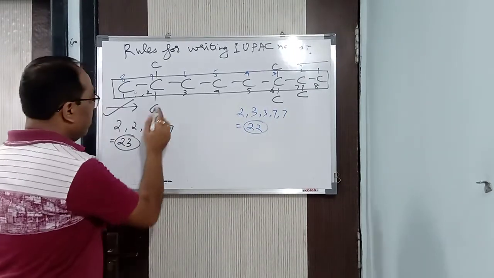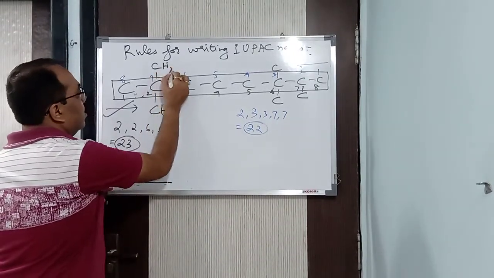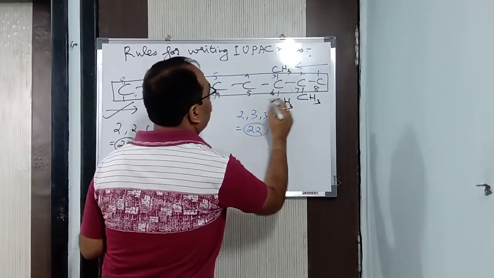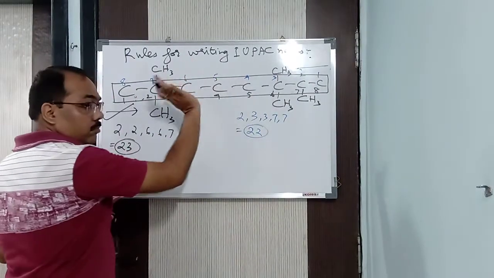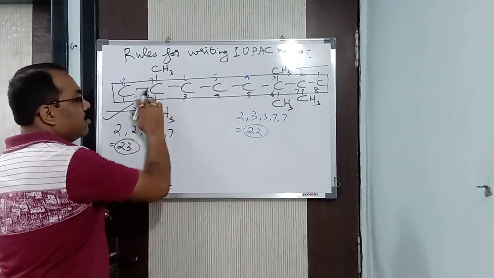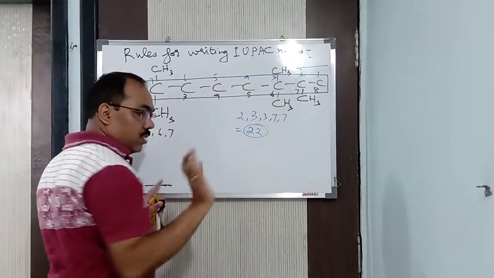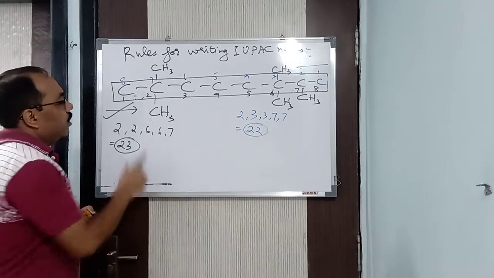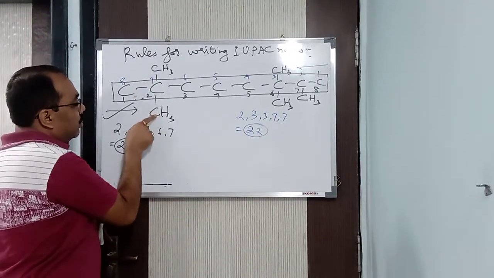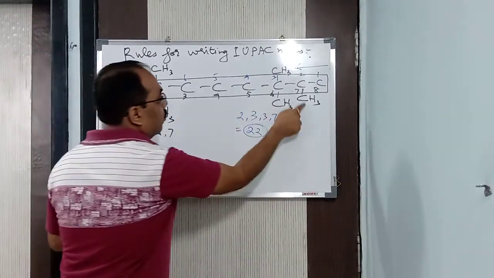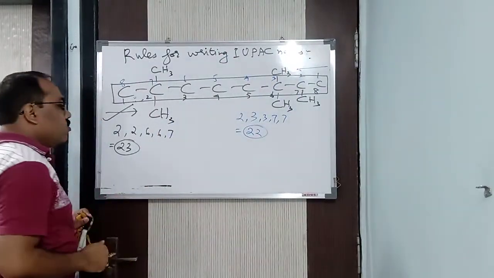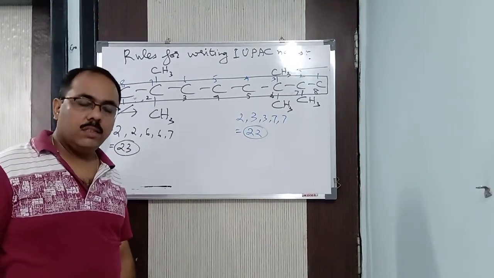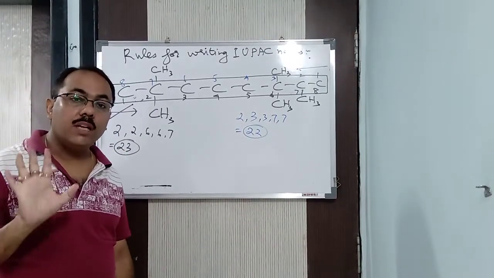Now, see here, for example, I am putting here CH3, CH3, this is CH3, this is CH3, and this is CH3. Okay, and here also hydrogen is there. I am not concerned with that now. Here also hydrogen is there. Don't think that, sir, hydrogen you have not written. I am not concerned with that. I am teaching the rules now to you. Try to understand that. So, now here what are the branches? All are methyl. 1, 2, 3, 4, 5. 5 methyls are there. So, what is the numerical prefix I am going to use? Penta. Got it? Because 5 times the methyl is coming.